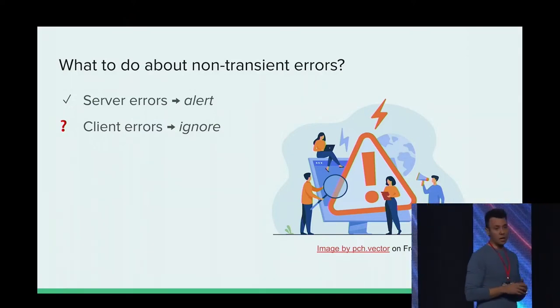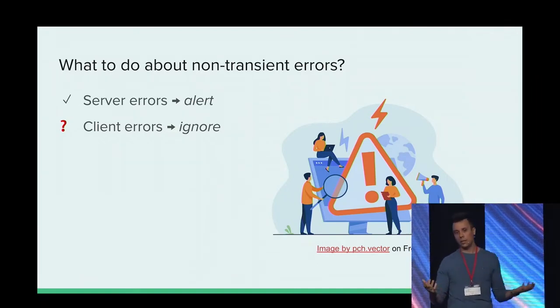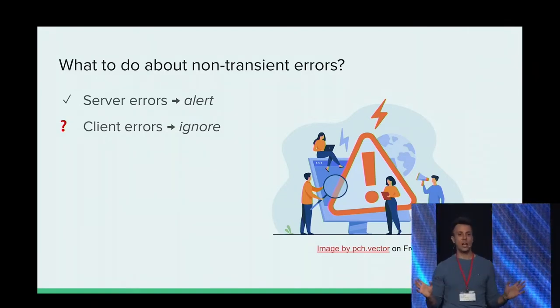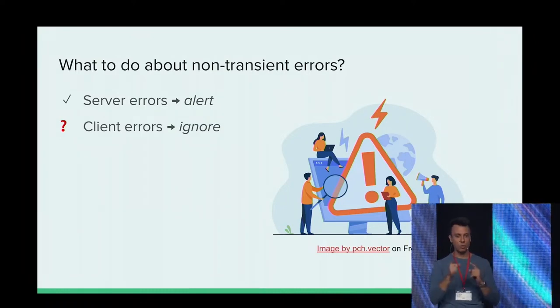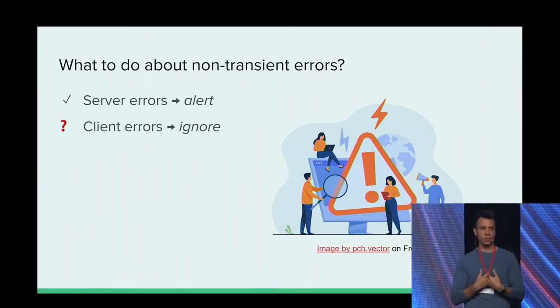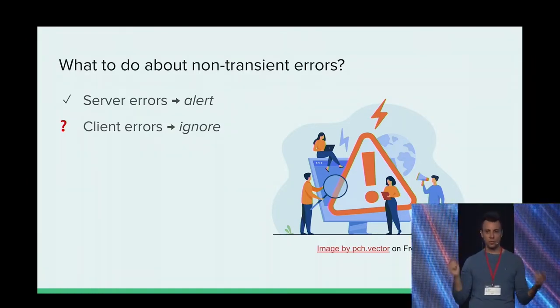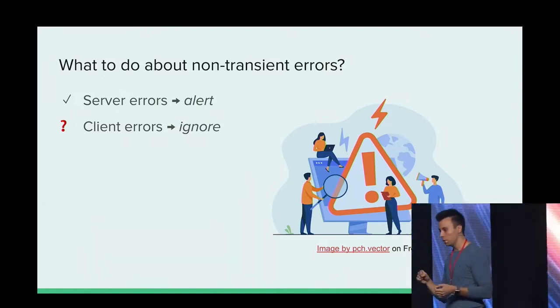You can say invalid argument, you can say precondition failed, essentially telling clients, you cannot ask me to do that. This fails because of you. It's your fault. And what we do as a service owner about those errors, we can just ignore them, right? Because it's not our problem. It's the client's fault. They're stupid.